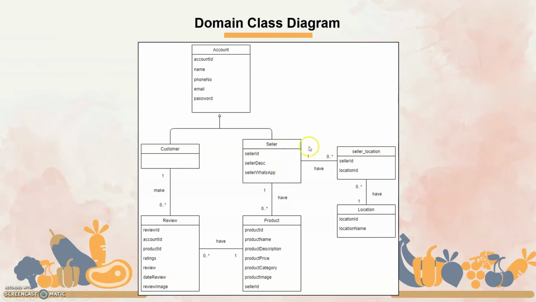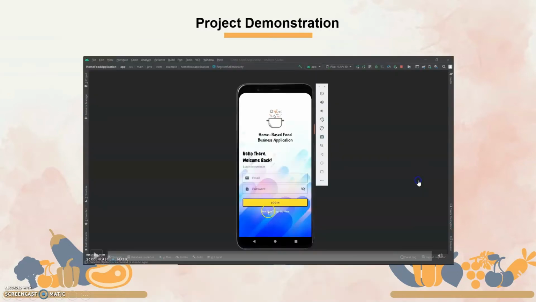For the seller and location relationship, one seller can have many locations, and one location can be had by many sellers. The seller location acts as a bridge between the seller and location classes.